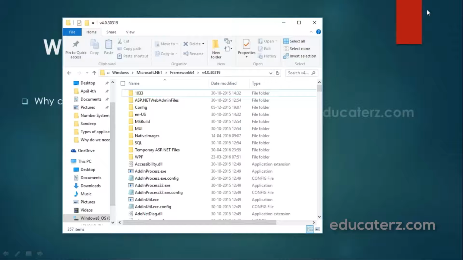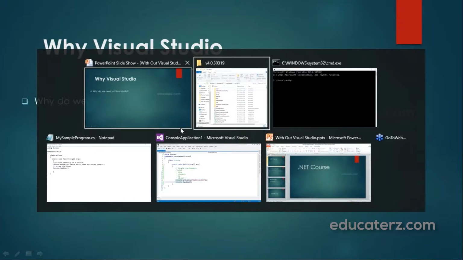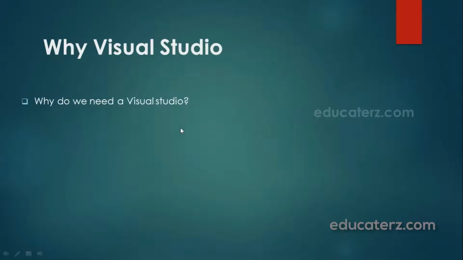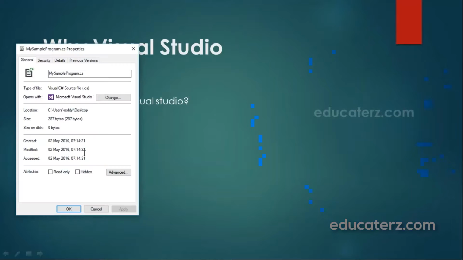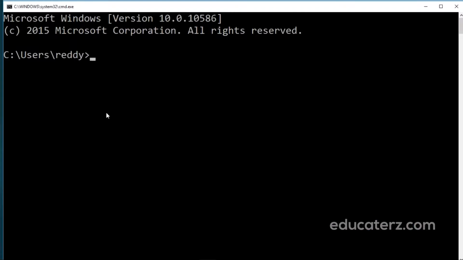We saved it on the desktop, right? So let us go to the desktop. Here it is. Get the actual path where it is saved: C:\Users\Ready\Desktop. Let us see the command prompt. Here it is, C:\Users\Ready.